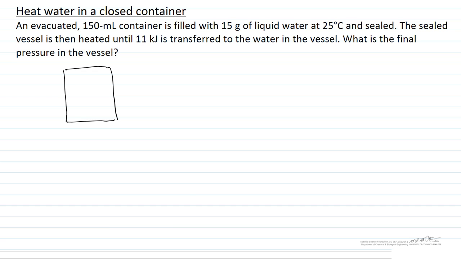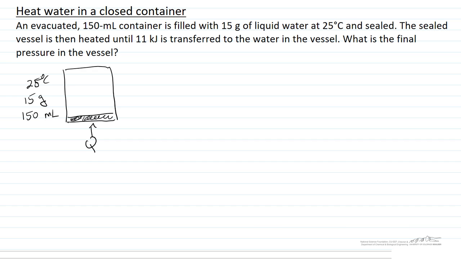liquid water, which is about 15 milliliters, so about 10%. Now, some of this is vapor, but the amount is really small, so almost all of the water is in the liquid phase. And so this is starting at 25 degrees C. We're going to add heat, and let's write down that we have 15 grams of water and the volume 150